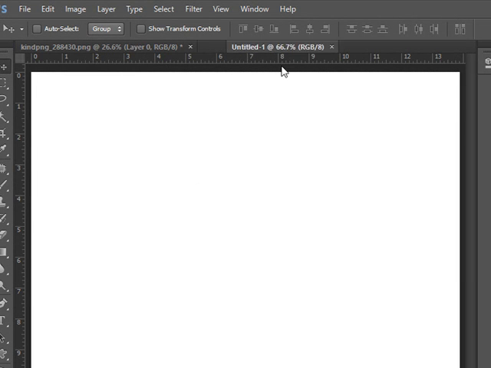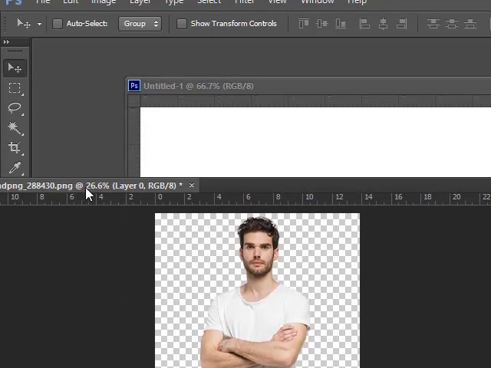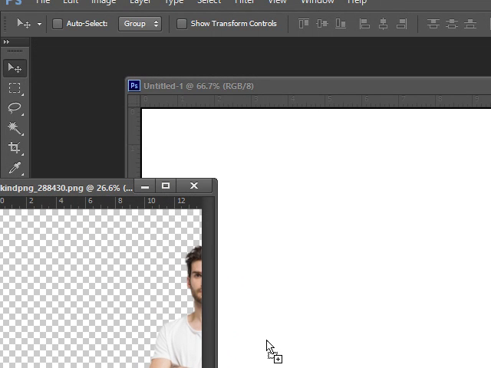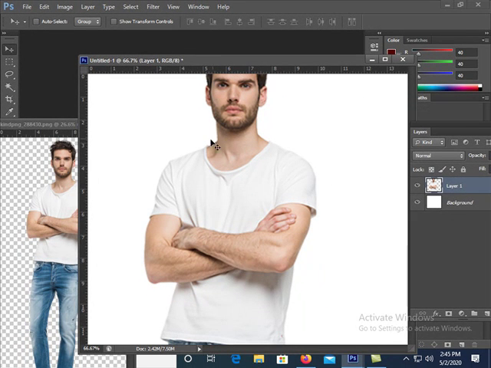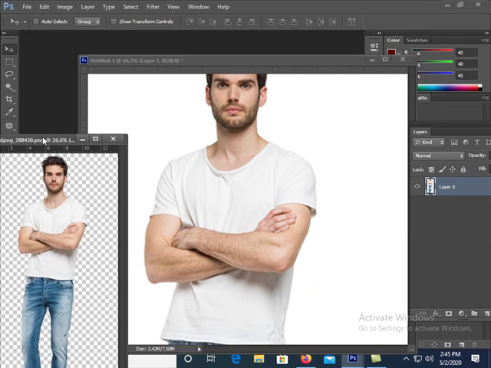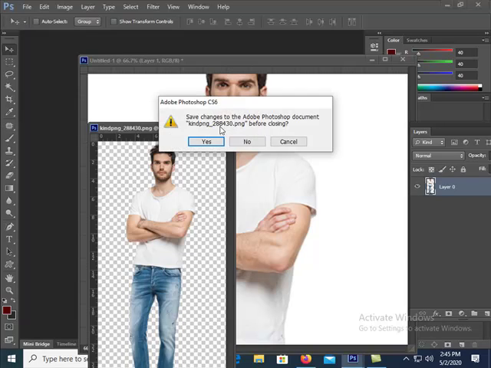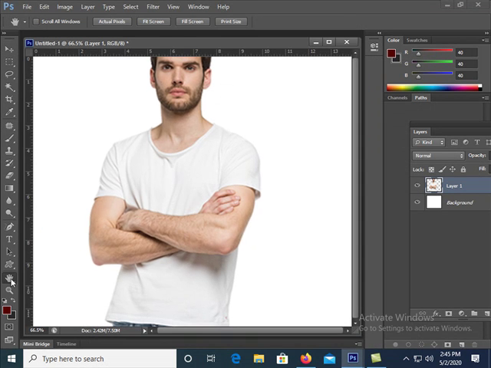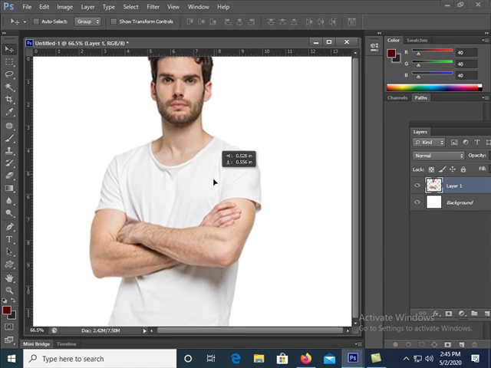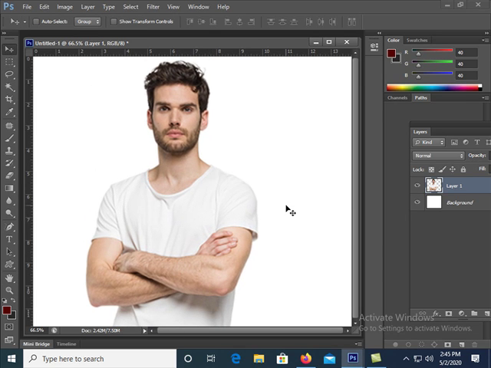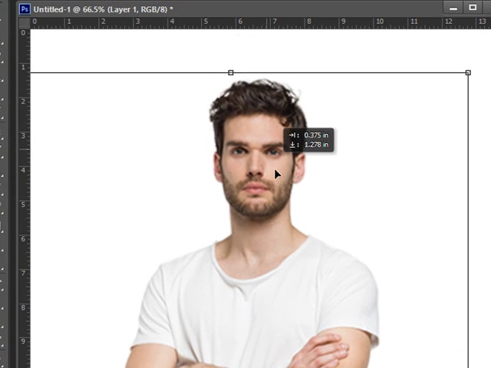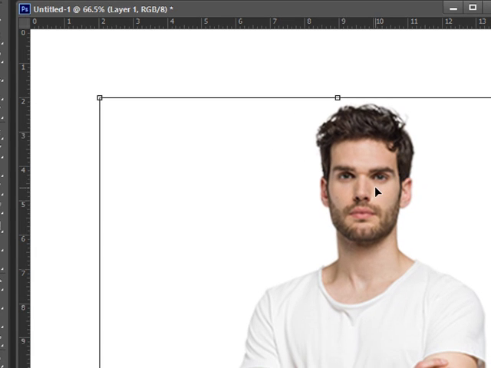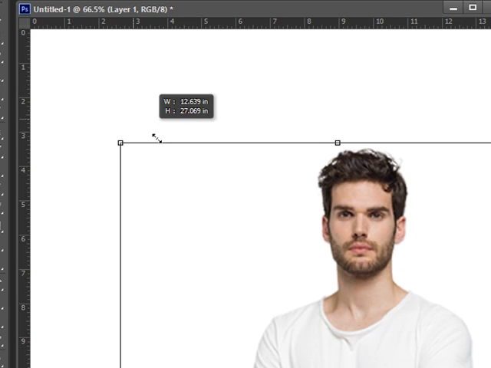I have this image. Now I drag this image to the new file that I have created just now. I do not need this file anymore, so I close it. If I double click here, I see this image here. The size is a bit bigger, so I am pressing Ctrl and T to reduce its size. I am holding the shortcut keys Alt plus Shift and dragging it inward,